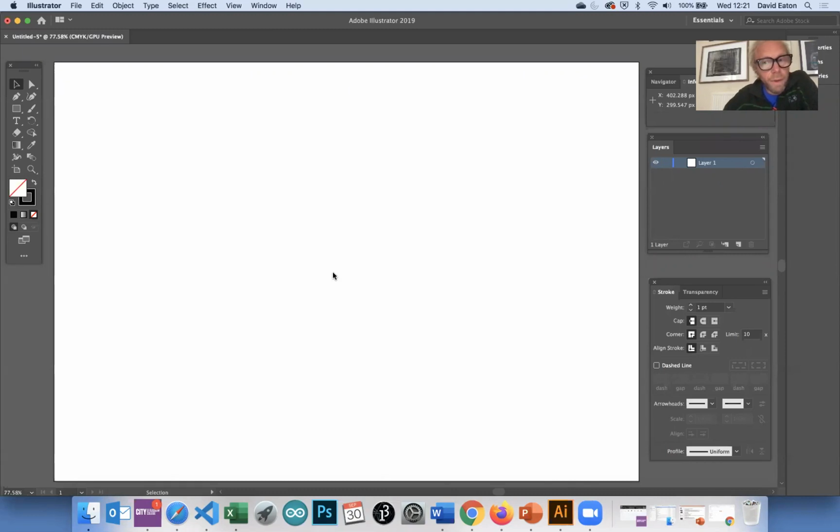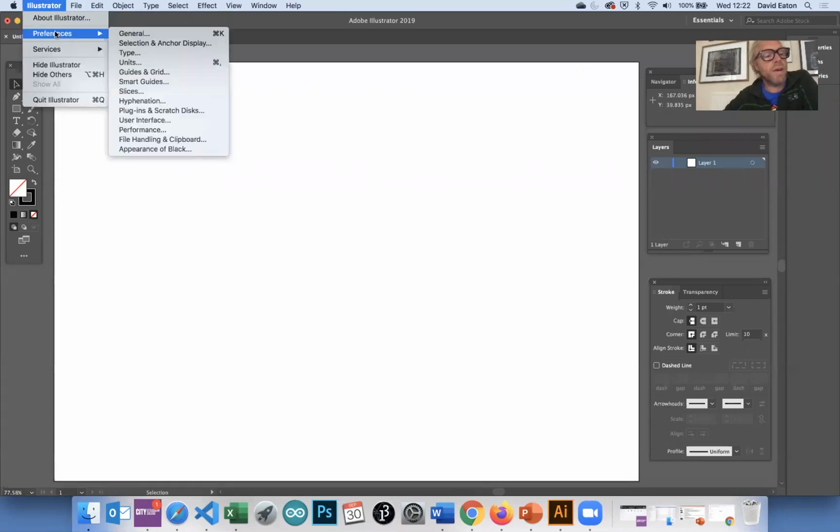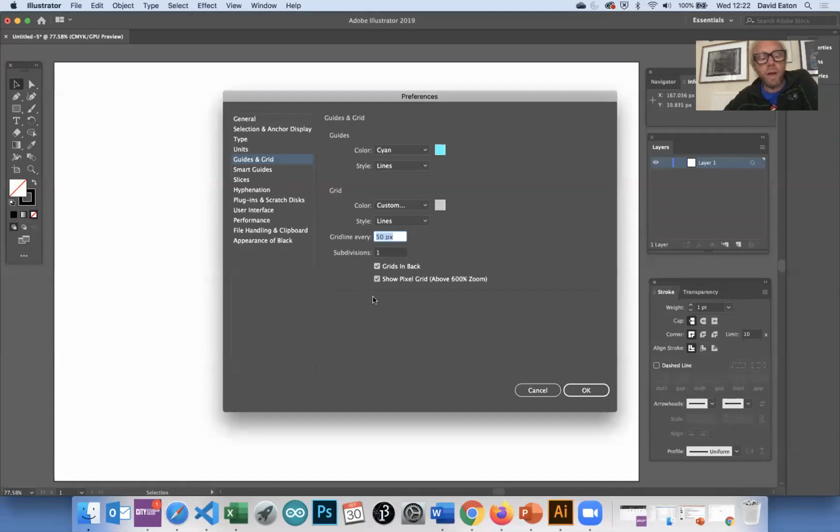So we're going to look at a couple of methods for setting up a grid to help you with your system art projects or exercises that we've set. The simplest way to set a grid up is to go into your guides and grid in here. I've already set this up whereby I'm creating a grid line at 50 pixels, with a subdivision of 1, and I'll show you what that looks like on screen